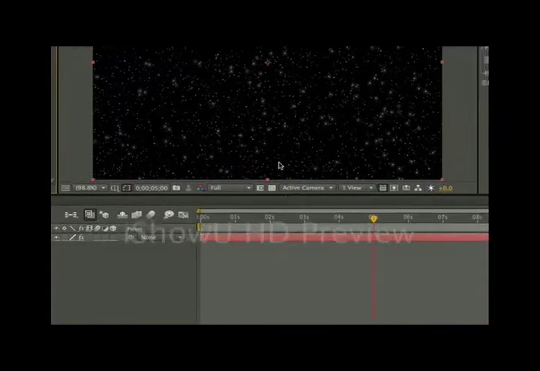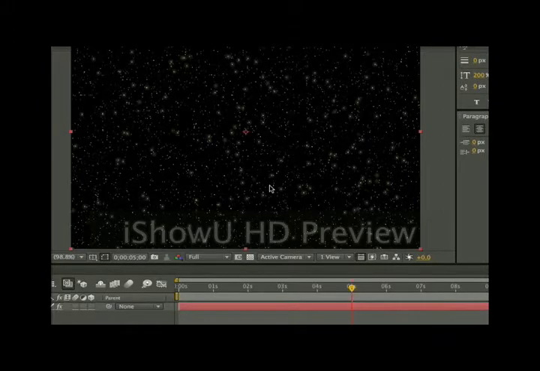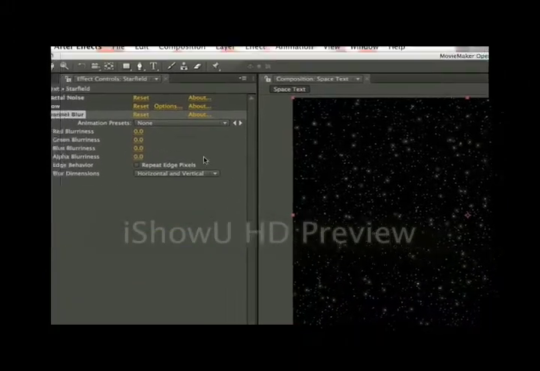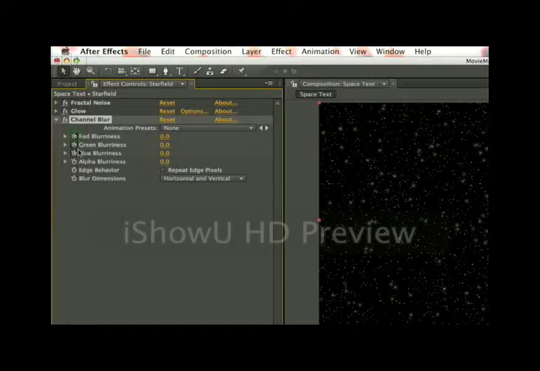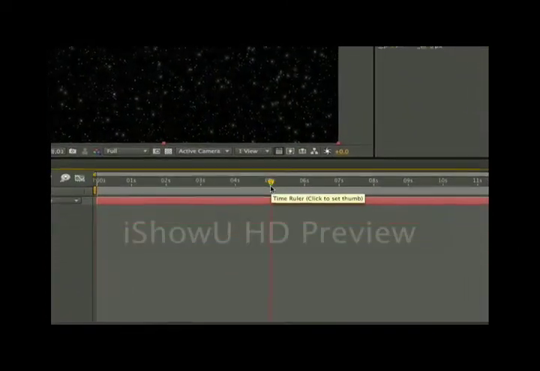So every 5 seconds that go by in the comp, we want to change the color of the stars. So we're going to go to the beginning of the comp, 0 seconds, and click the stopwatch for all 3 of them. Not alpha, we're not going to mess with that. But in the beginning of the comp, let's say we want to make the stars blue, so change the red blurriness to 5, and then go 5 seconds in,